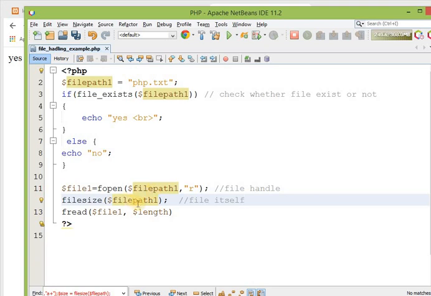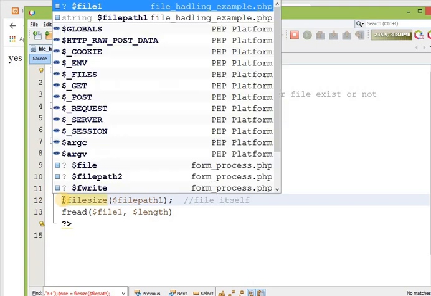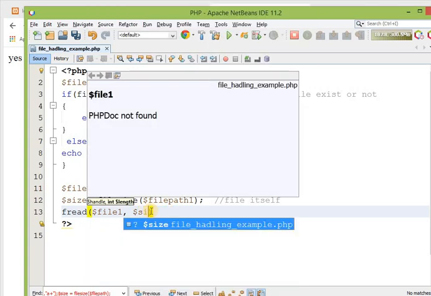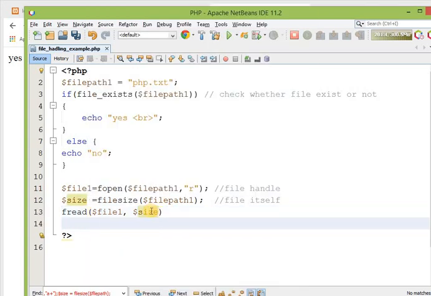That's why I have used the file path, that means php.txt, not file1. This will return me the size of the particular file, so I just need to use size. So this is done. We have read this file.